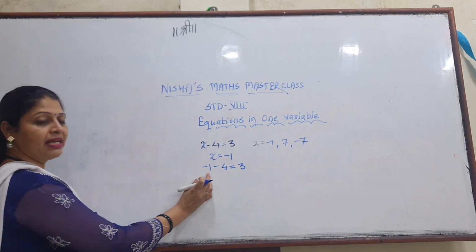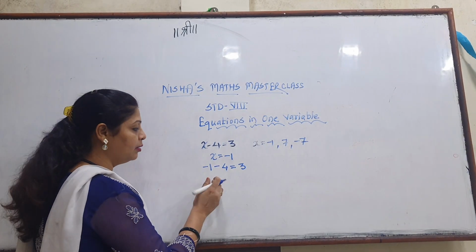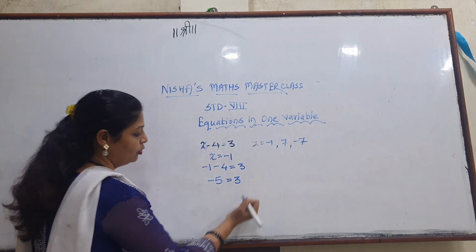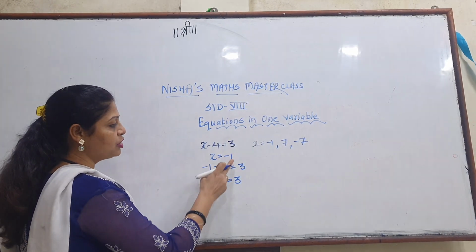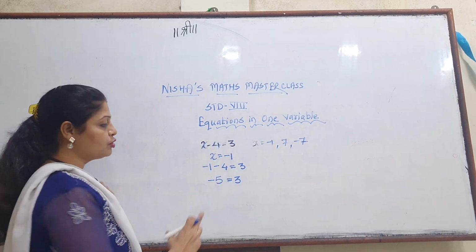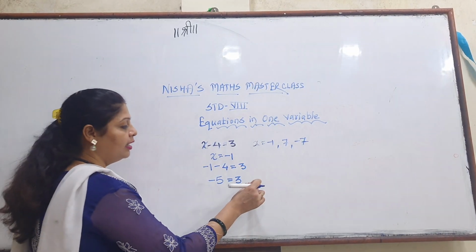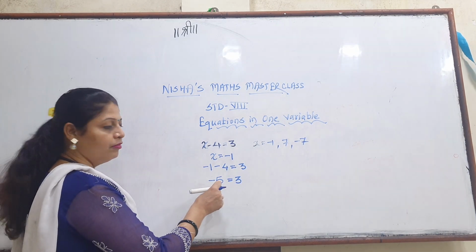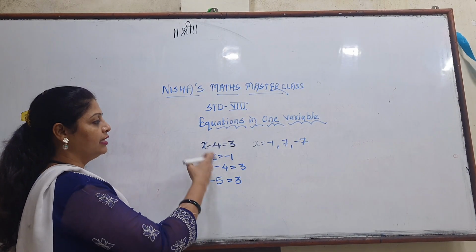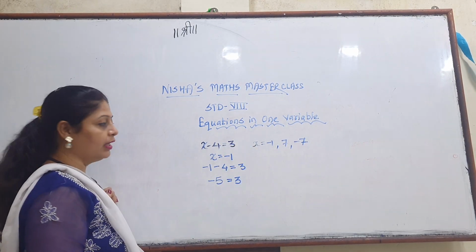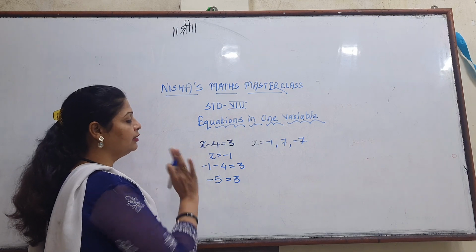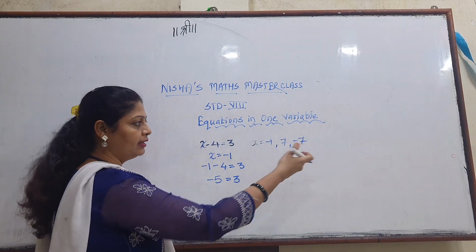Now see children, the same sign is there, okay? So add the numbers and put the same sign, is equal to 3, okay? So now x is minus 1, this is not the value for the equation. Why? Because when both sides are equal, means right hand side and left hand side, at that time we say that this equation has a proper value. Now x is minus 1 is not a suitable value for that equation.